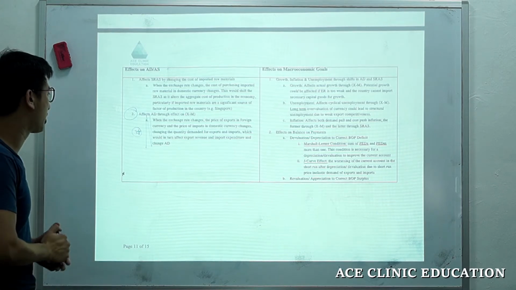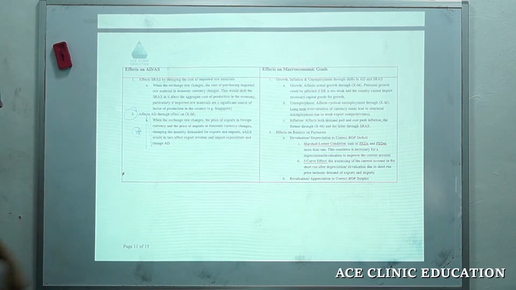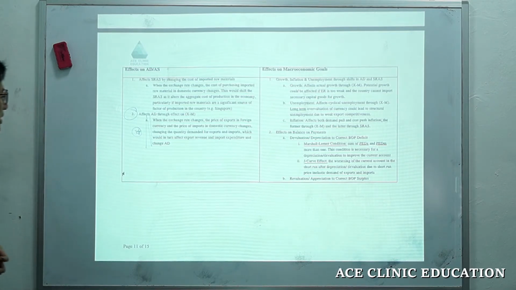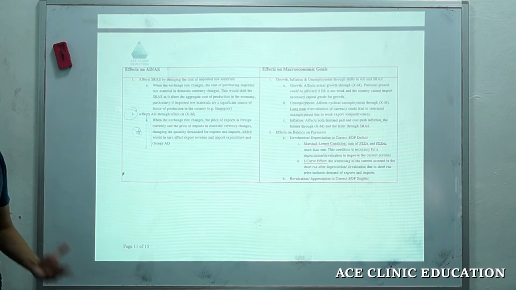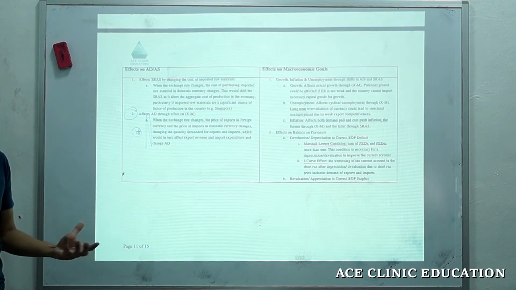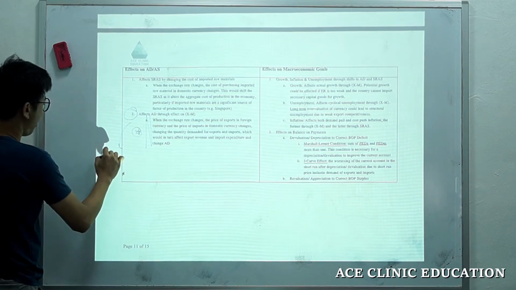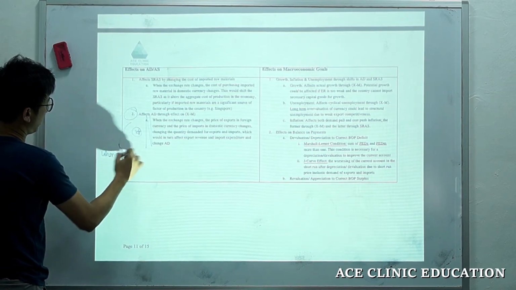Okay, when the exchange rate changes, the prices of exports in foreign currency and the price of imports in domestic currency change. Changing the quantity demanded for exports and imports, which will in turn affect export revenue and import expenditure and change AD. Now, of course, if we are talking about appreciation or depreciation specifically, then you tweak it slightly. Right? What do I mean? For example, when the exchange rate increases, let's say appreciate,